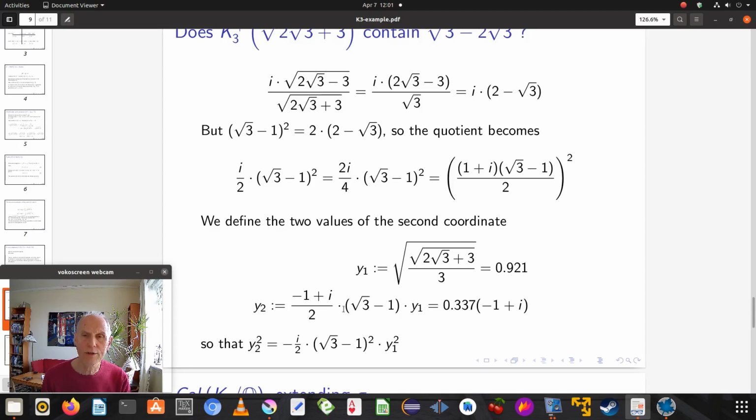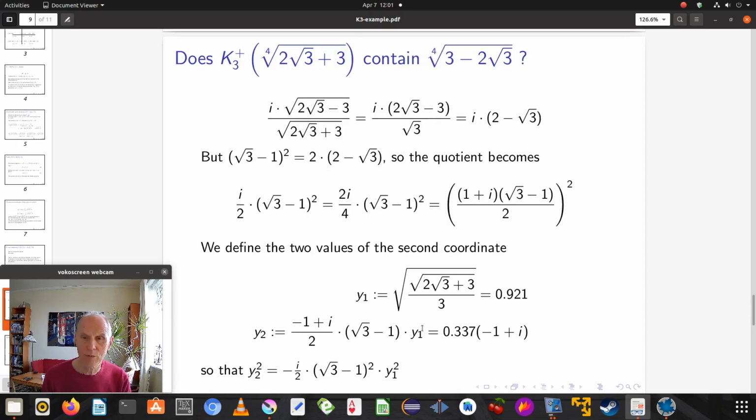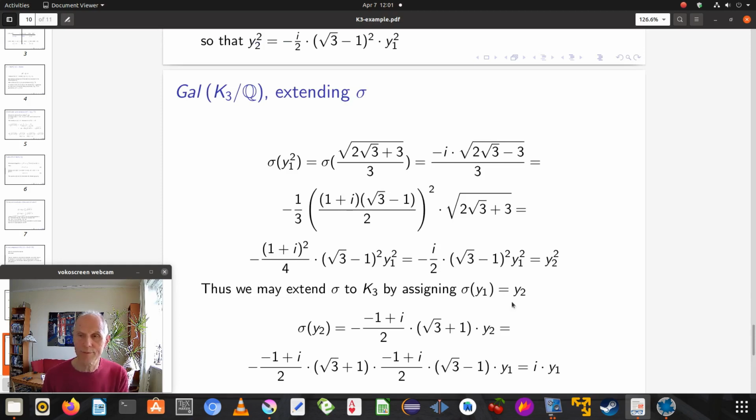This is constant, this is minus square root 3 minus 1, and y1 maps to y2. And then we insert y2, and that's this guy, and then we simplify,